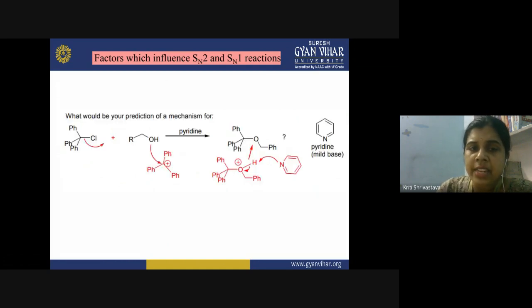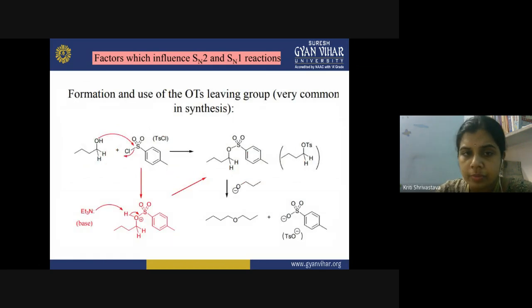And finally, we can also predict the course of the reaction, whether the reaction will take place by the SN1 or SN2 mechanism. Now look at the reaction here, and this will be your assignment for today's class. You will find out what the reaction mechanism is in this type of nucleophilic substitution. The curved arrows show the direction of the electronic movement, and you have to predict whether the mechanism of this reaction is SN1 or SN2.